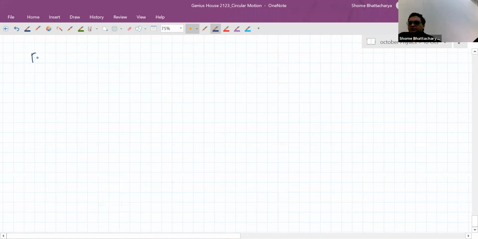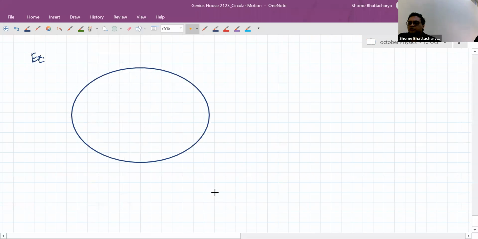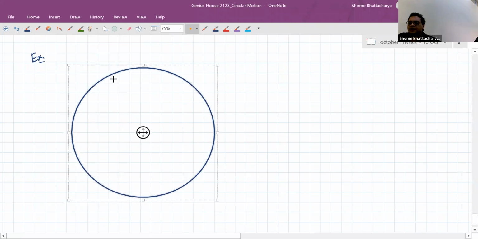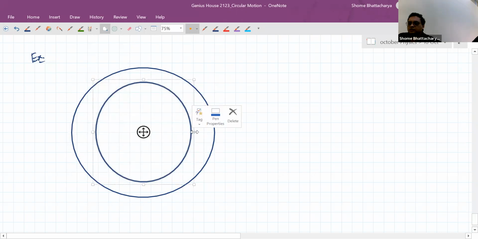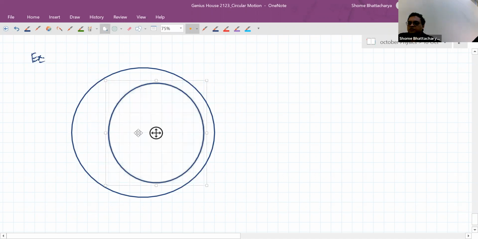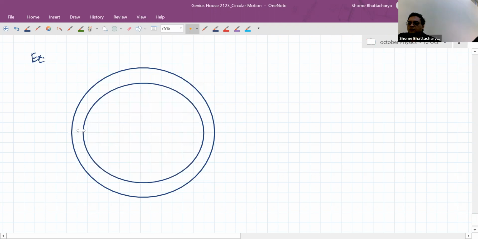So just as a simple example, okay, if we have this situation, let's say that you're looking at the top view of a circular track like this. Okay, so this is a circular track on which, let's say, a vehicle is moving at some kind of constant speed. Okay. So this is the top view of a circular track.